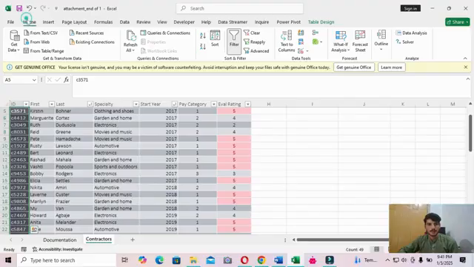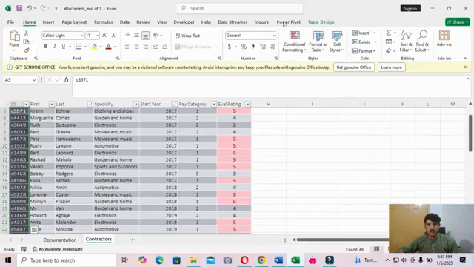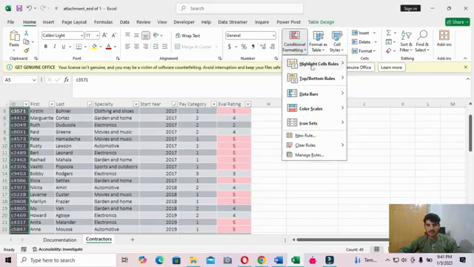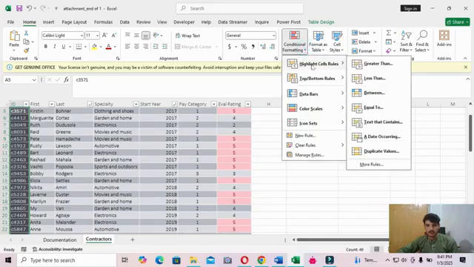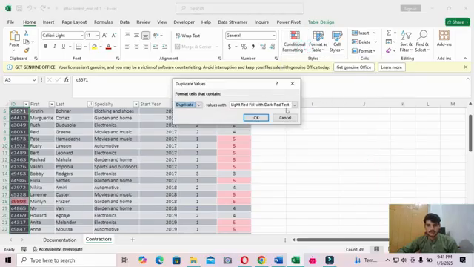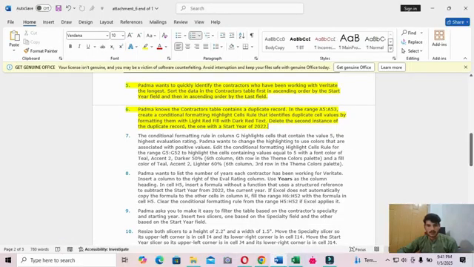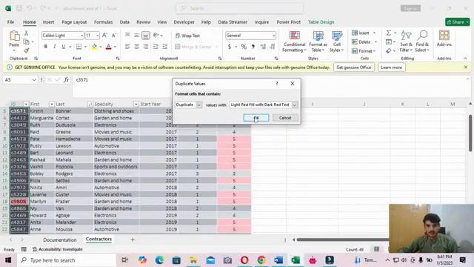Go to the Home tab, click Conditional Formatting and select Duplicate Values, with Light Red Fill with Dark Red Text. Okay, click OK.